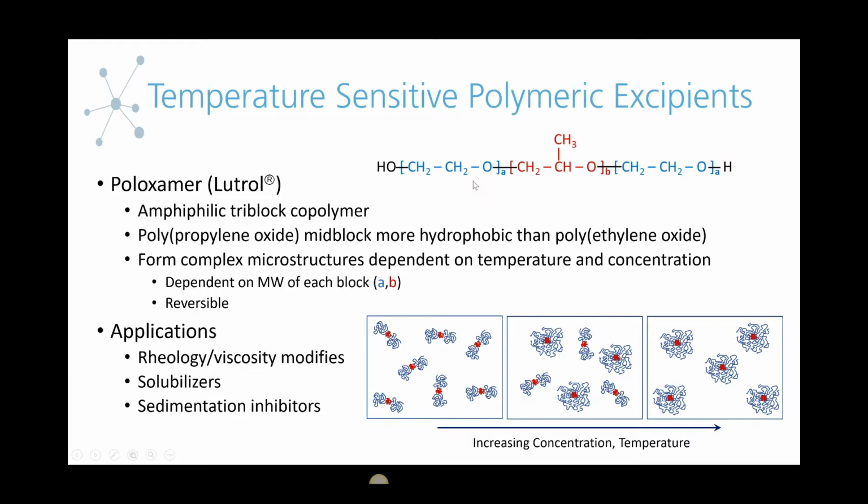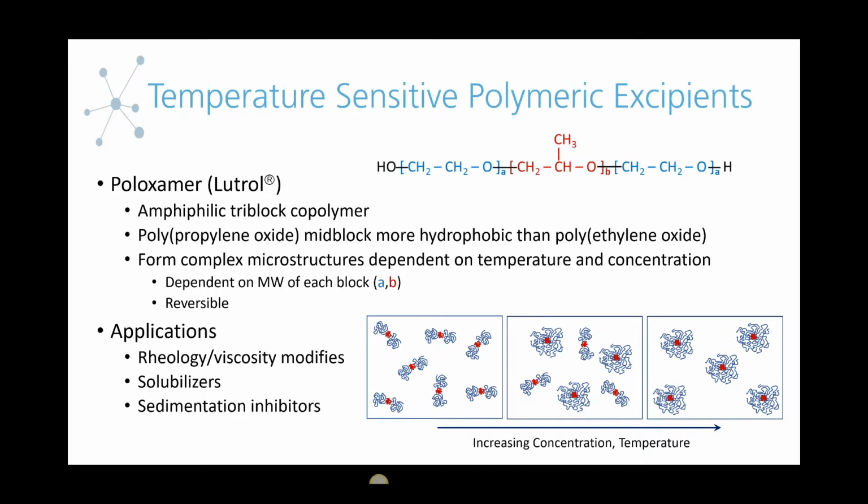Triblock meaning that you have three distinct blocks. Copolymer meaning you have two different types of monomers. And then amphiphilic comes from the specific types of monomers that we have in each block. So in this case, amphiphilic is just meaning that you have basically dual type behavior. And our mid block in this case, the polypropylene oxide, is more hydrophobic than the end blocks, the polyethylene oxide, because of the presence of this extra methyl group. And because we have this difference in hydrophobicity of the different blocks, these polymers can